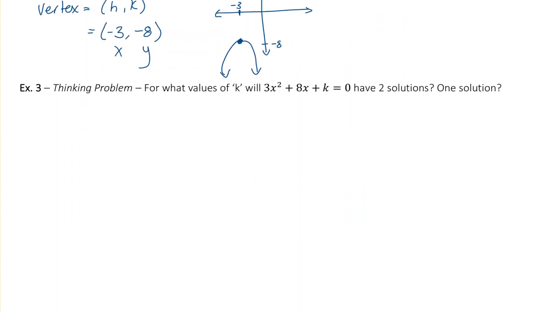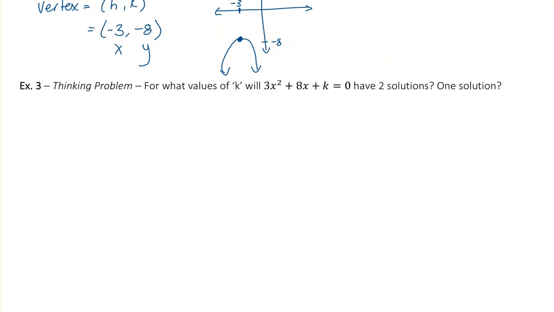And now for more of a thinking problem, and you'll see questions like this in your textbook and maybe on assessments, where they have a missing value in your equation, which is k. So they're going to identify some unknown variable, and they're going to ask you this question: what values of k will 3x squared plus 8x plus k equals 0 have two solutions or one solution? So it's saying, what possibilities could you plug into that value of k to make this quadratic have two solutions or one solution? Well, if I have two solutions,